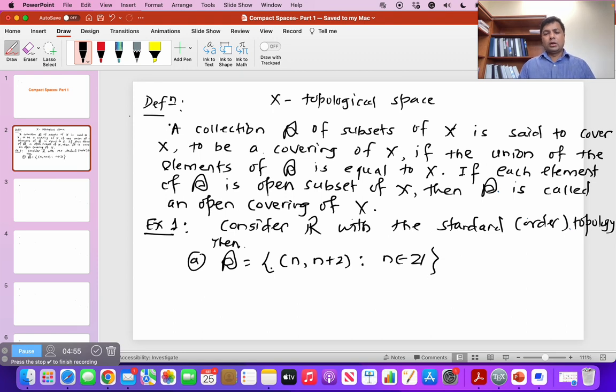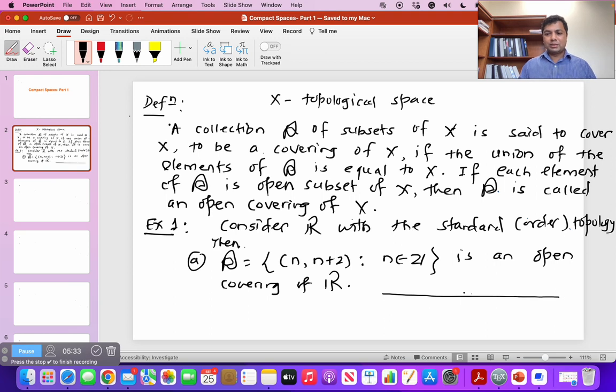So we have taken the collection of those open interval, they are basically the open set in R in the standard topology, then this collection is an open covering of R. That means if we take the union of those open interval or open set, then that union is going to be the entire real line, which we can see from this